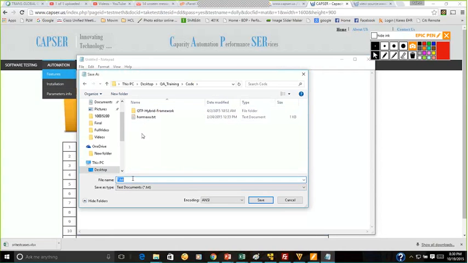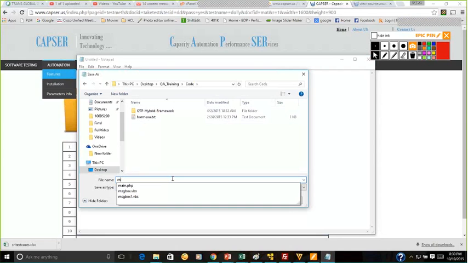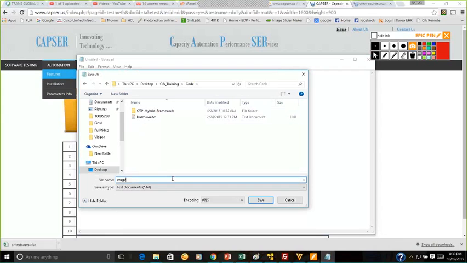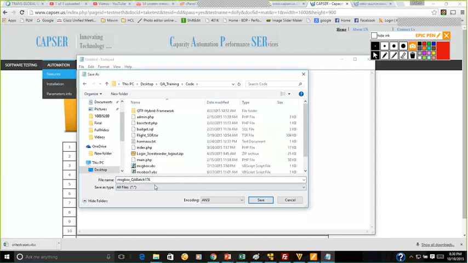I'm going to name it MSGBOX, change the .txt to all files, and put .vbs.